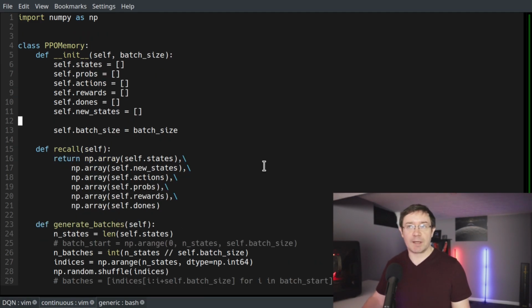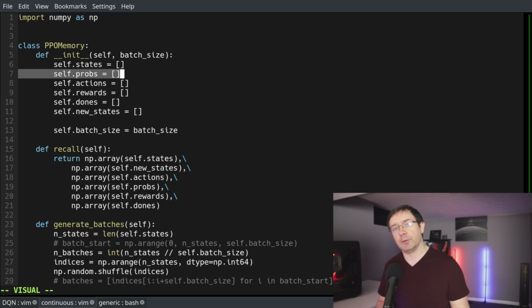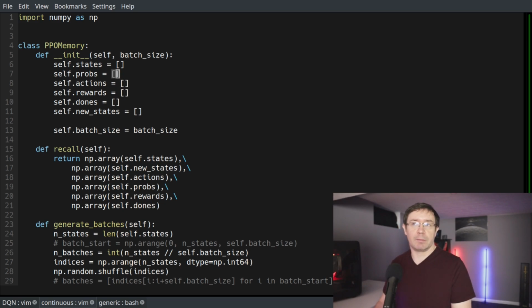For a specific example of this, we have PPO memory. So in PPO, we also want to keep track of this variable probs, which is the log of the probabilities of the actions taken, and that's for use in the update rule of the PPO algorithm. So we have an extra member variable we want to keep track of, and notice we're also not using NumPy arrays here because we have a finite horizon over which we're saving things, and so memory constraints aren't really a concern. But we do have an extra variable, and so we have two classes of memory,